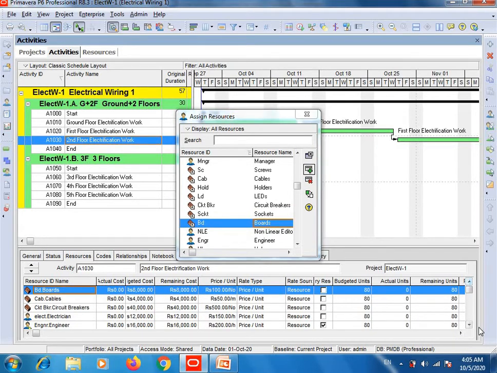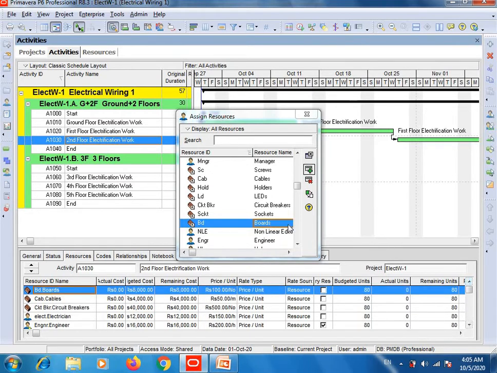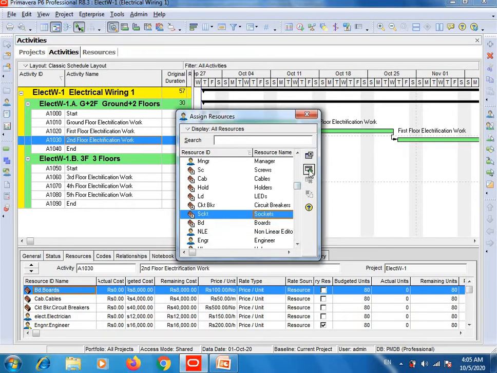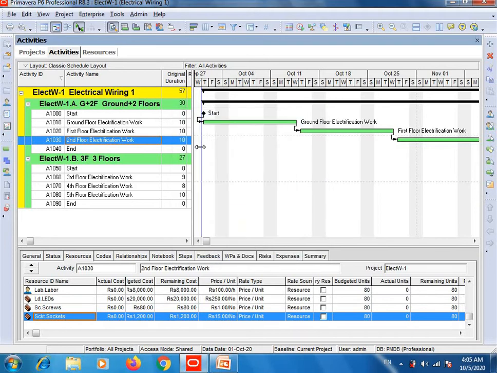I think one thing is missing. Socket, I didn't add the socket. Here we go, and then cross.